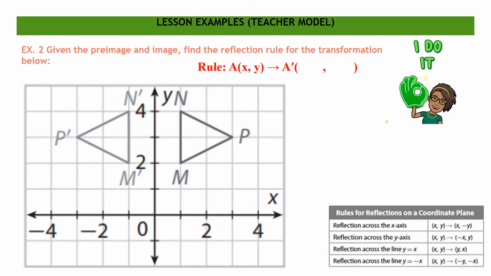Now let's look at example 2. Example 2 says, given the pre-image and image, find the reflection rule for the transformation. So here, this question asks us something a little bit different. It asks us now to find the reflection rule given the pre-image and image. So if I'm given the pre-image and image, I have to think back to what is the definition of what